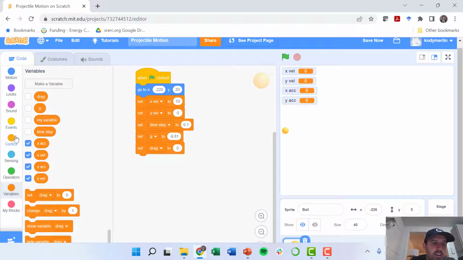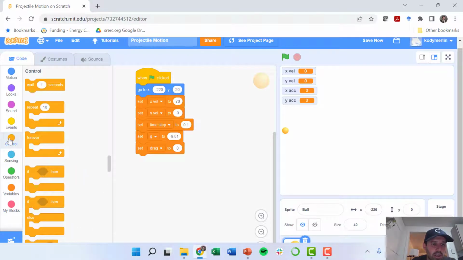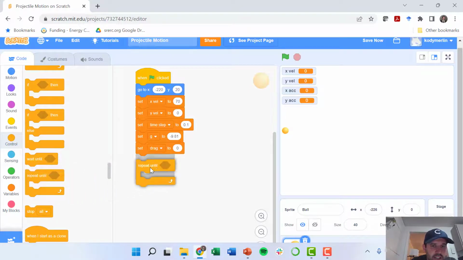So in computer coding language, we're going to need what's called a loop here. And I'm going to get this repeat until block. Basically, we're going to launch this ball, and we want to see how far it goes before it hits the ground. So I'm going to have this repeat until our ball hits the ground. We need to translate that into computer language. So I'm going to choose some kind of y position down here. I'm going to go with about -150 to represent the ground. So I want this loop to repeat until y is less than